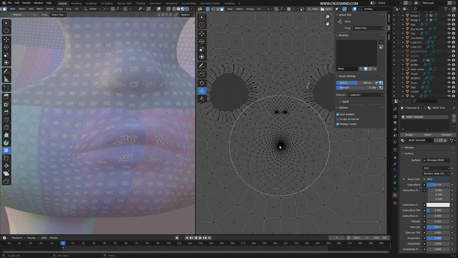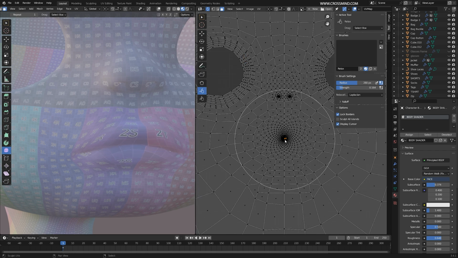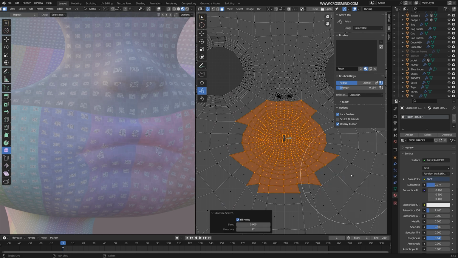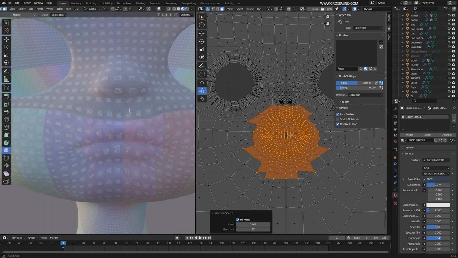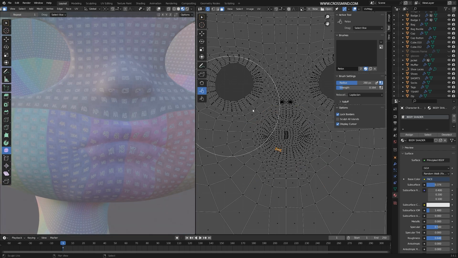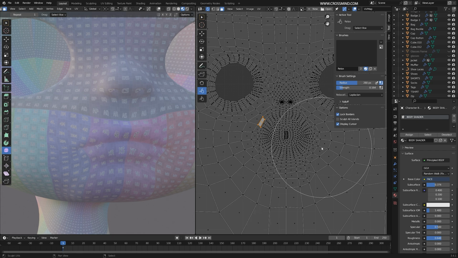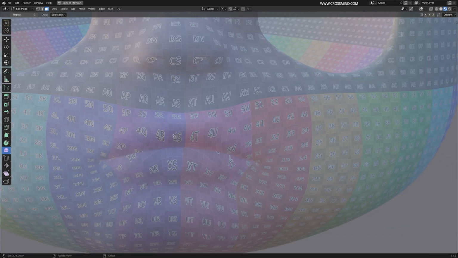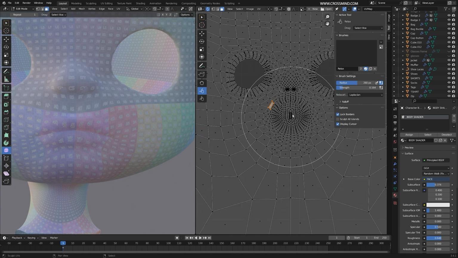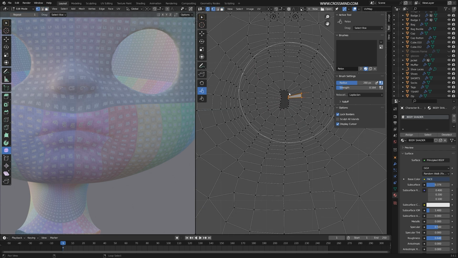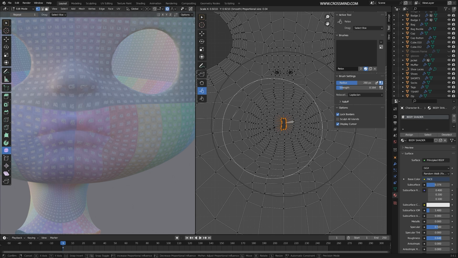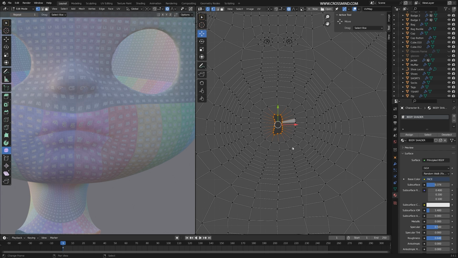So I think the smoothing is required. We can just select certain parts. Press C for circle selection brush. And then I'm going to search minimize stretch and see if it works. So it did reduce a bit of stretching, but we need to find a decent balance. Just working with relax brush here. Just trying to match the tile size on lips with the rest of the things. So what if I select these vertices, the entire border, and then scale this up with proportionate editing enabled to give it a bit more room.